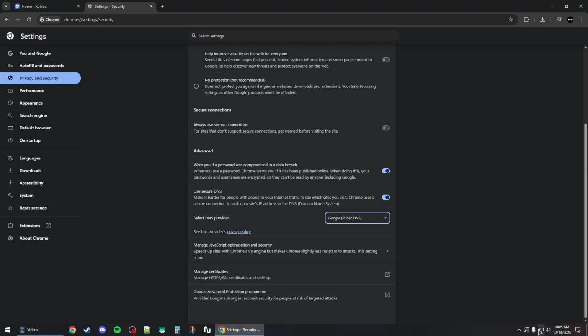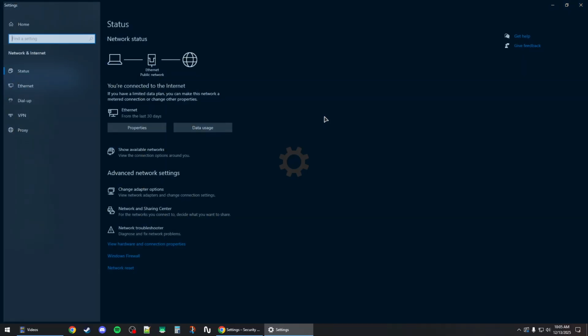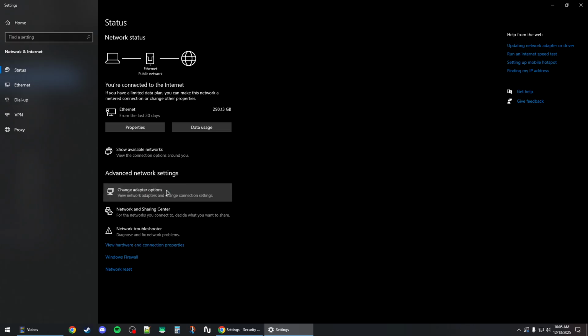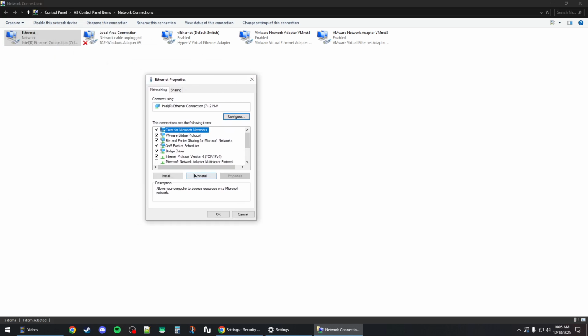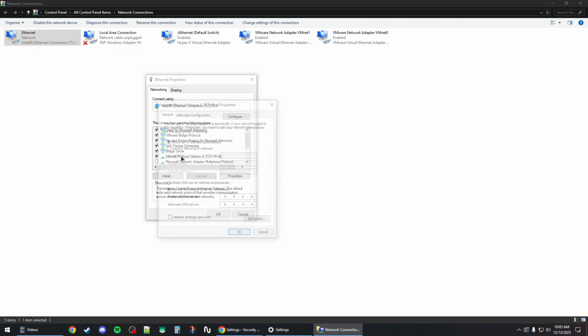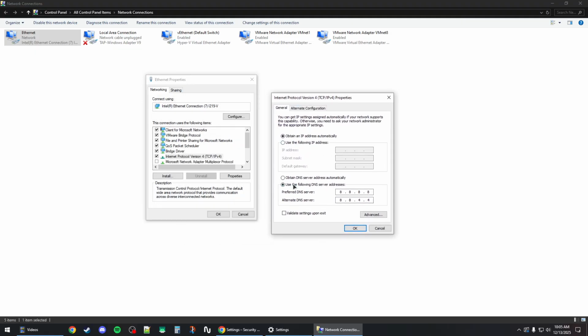Next, you want to right click on your network adapter here, open network adapter, and then click on change adapter options, and then right click on your main network adapter, go to the properties, and then go to the IPv4, which is this one, double click on it, and set the DNS from obtain automatically to use the following DNS,